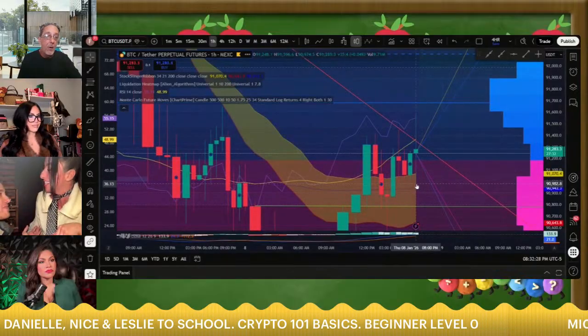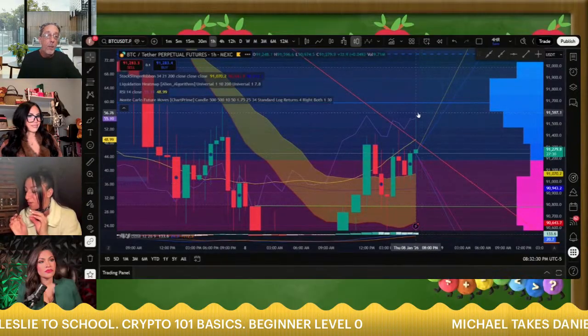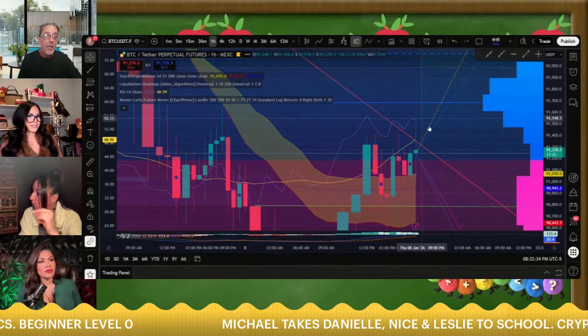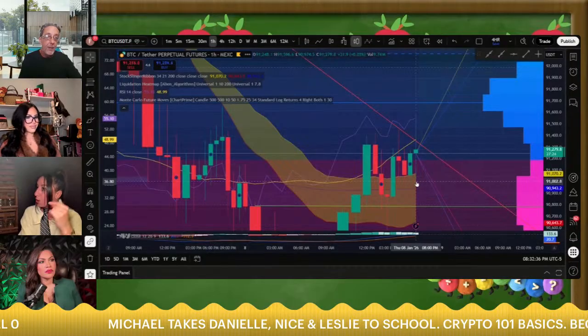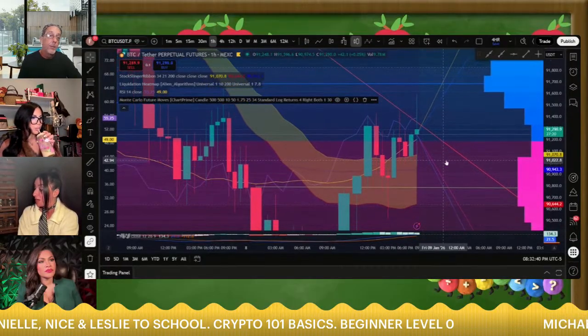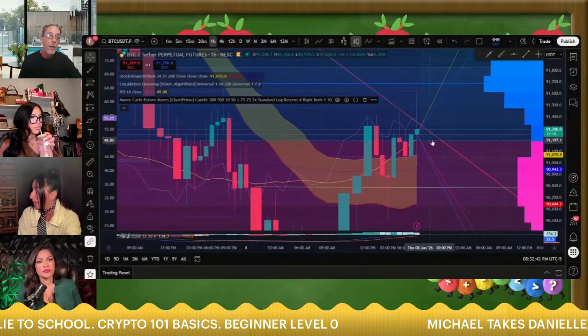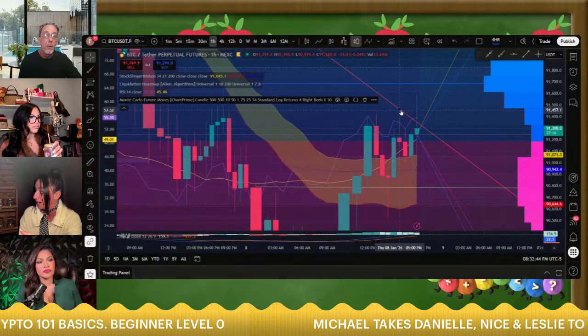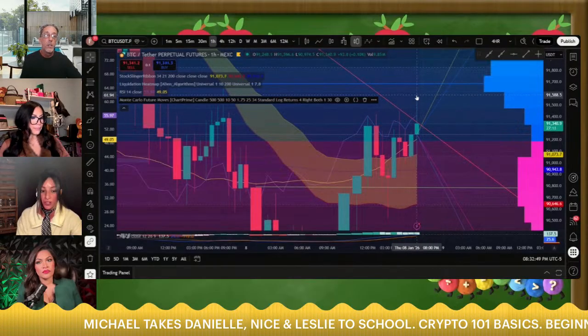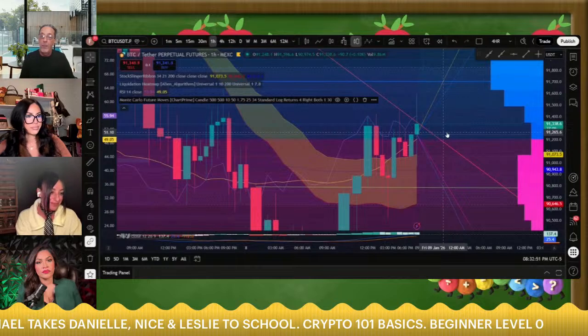It came all the way down here and it went all the way up here in a matter of like 2 or 3 minutes. This thing could easily reverse and come back down here and actually fall all the way through that cloud next time. That would be a hell of a wick. But you really just got to play with it. We'll adjust that once that candle is completed and the new one starts. So that'll expand it out a little bit more.